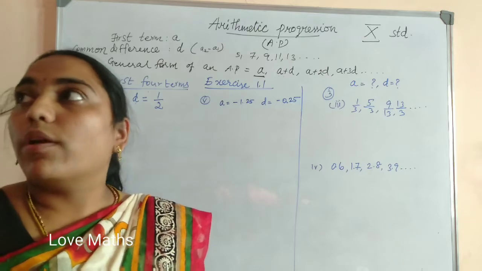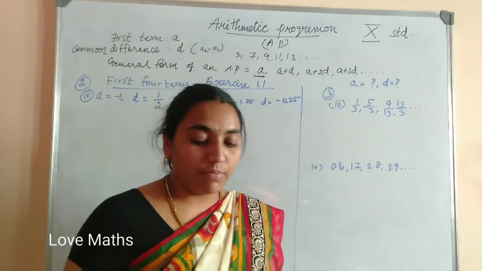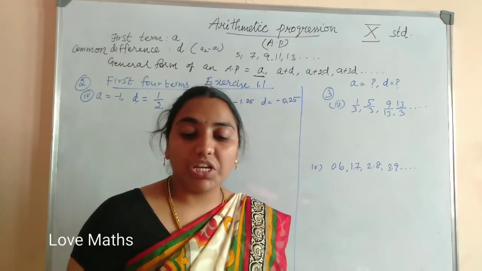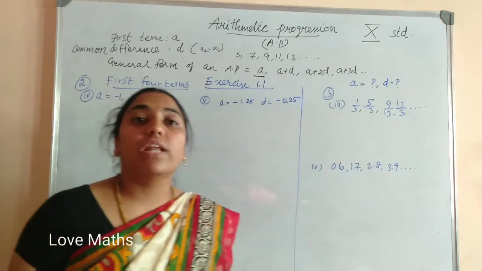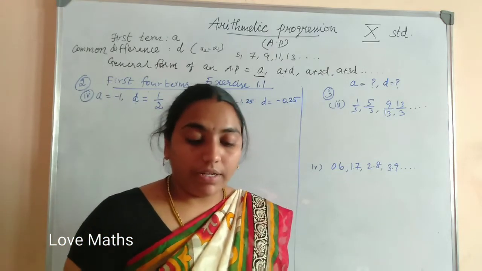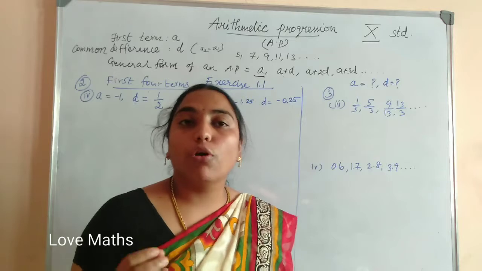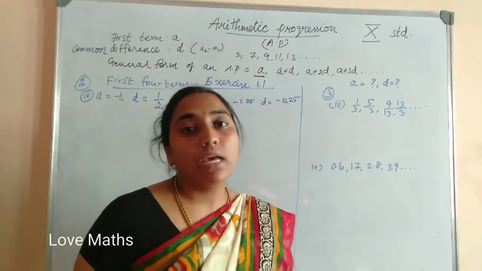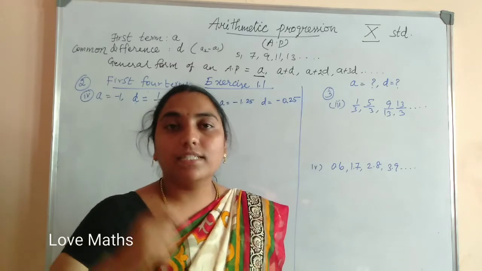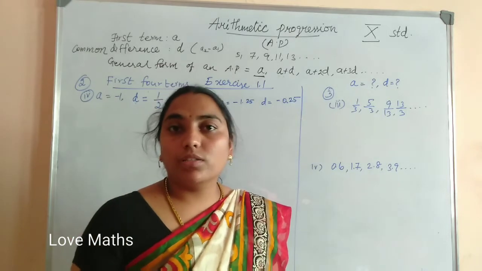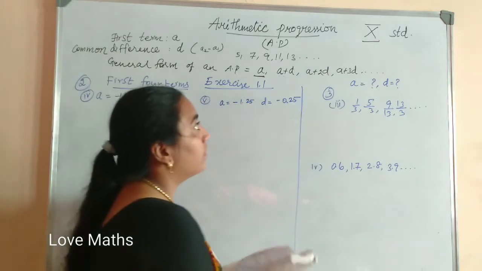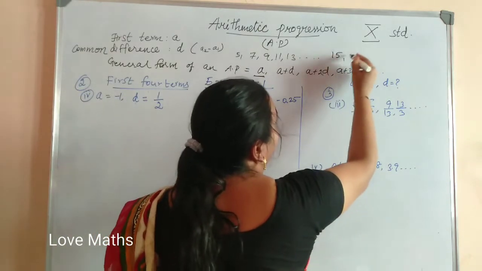Okay, the exercise 1.1, the first problem. The first problem is very easy. In which of the following situations does the list of numbers involved make an arithmetic progression, and why? The taxi fare: the first kilometer fare is 15. After each kilometer it is extended by 8 rupees, meaning one fixed D value, that is 8. First 15, next kilometer 15 plus 8. How much will it come? 15 plus 8 is 23. So first is 15, next is 15 plus 8, 23.